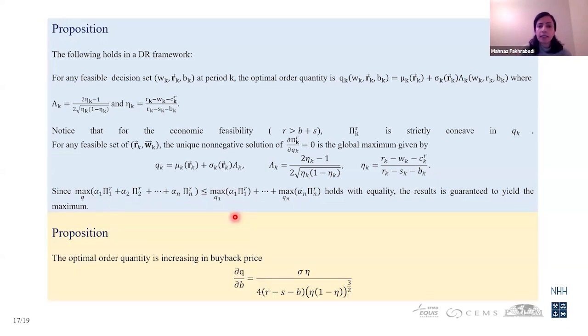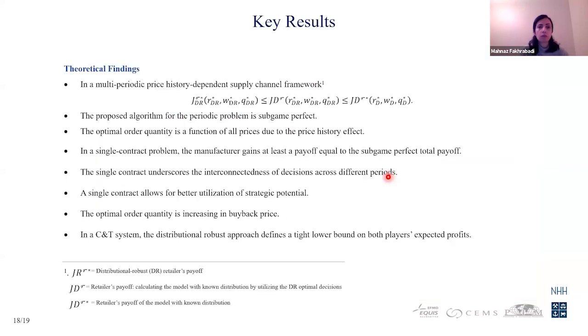And we can say that taking the derivative of this Q with respect to B shows that the order quantity is increasing in buyback prices, as we can see that the numerator and denominator are always positive based on the assumption that we have. Okay, what we found is